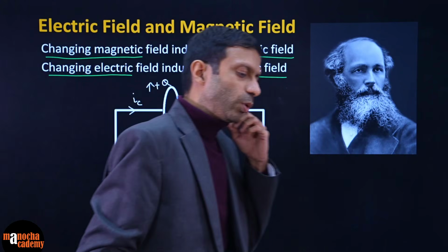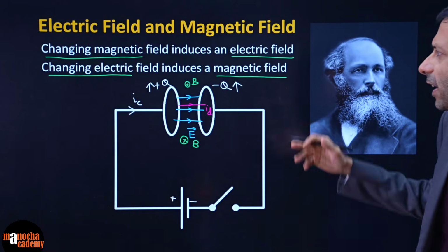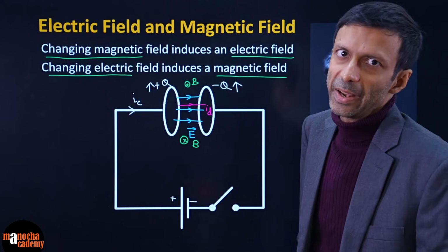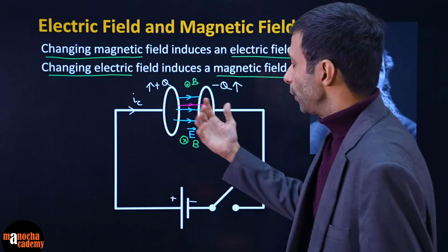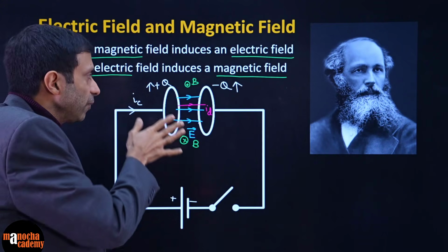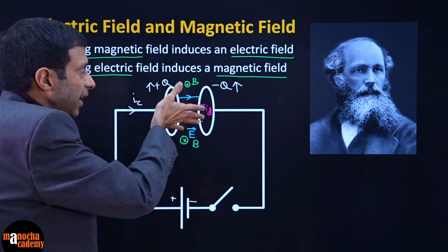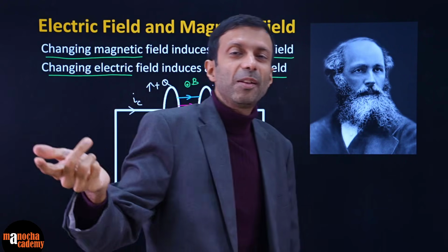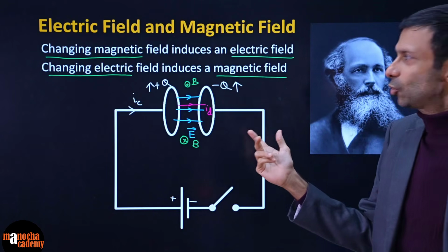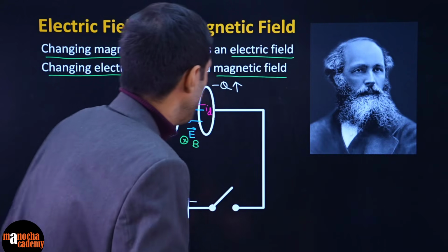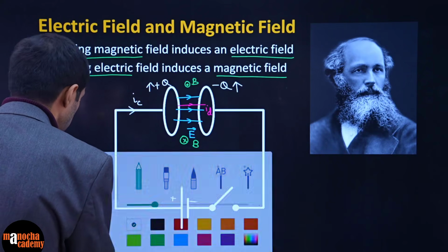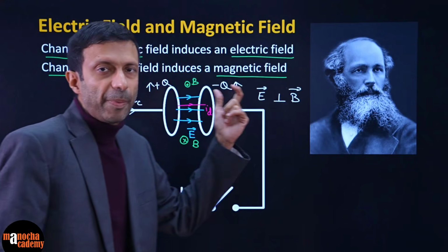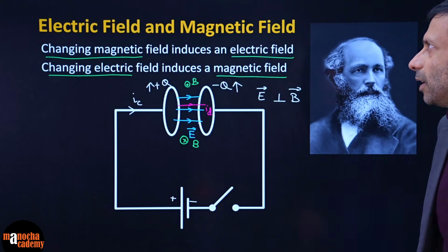So one thing, if you guys notice carefully here, what is the direction between this electric field E and the magnetic field? Electric field, do you all agree, from the positive to the negative plate, is in this direction, and the magnetic field will be either outward or inwards. So can I say that the electric field and magnetic field are perpendicular to each other? Yes or no? Will you guys agree? So can we write over here that the electric field and magnetic field will be perpendicular? And this perpendicular point is very important. It will come again later.